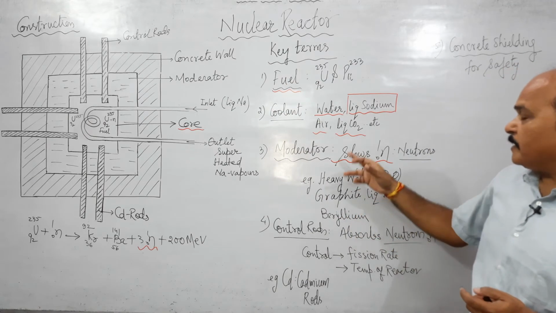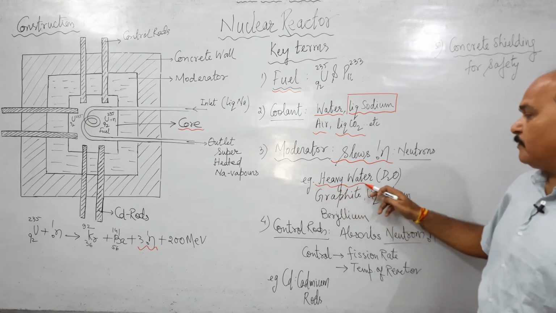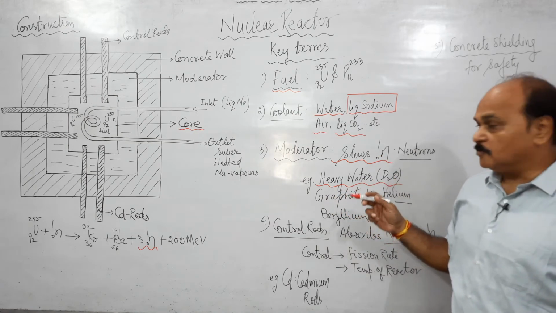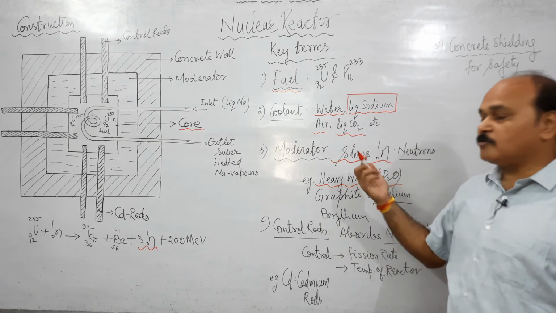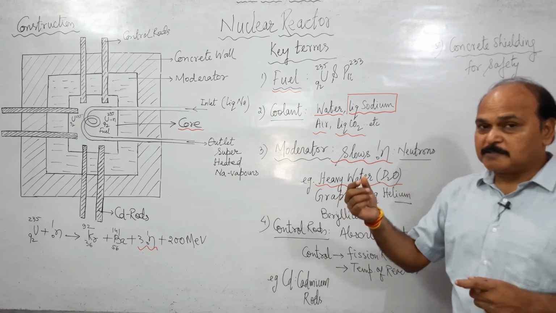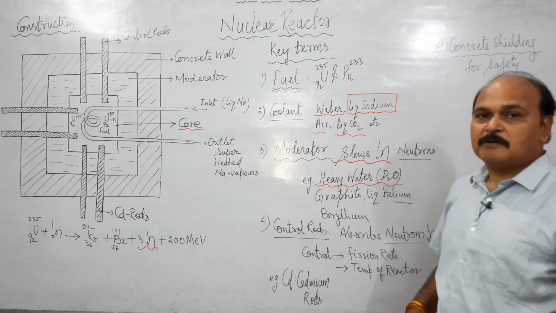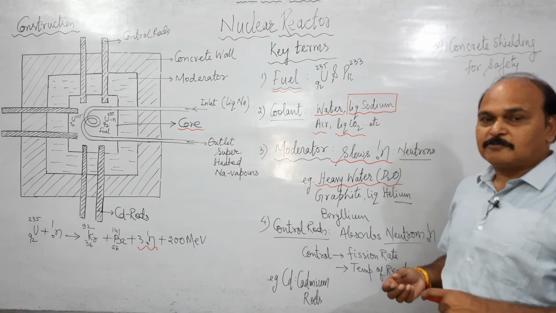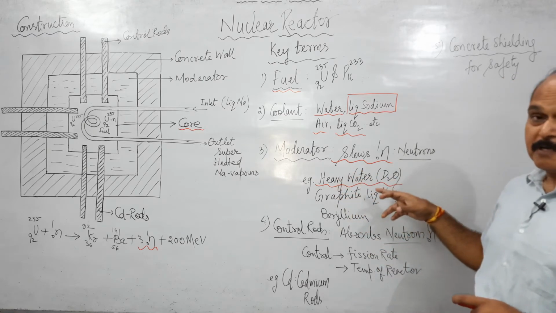Well, the best example of moderator is heavy water. So, deuteron in the heavy water, when it collides with a neutron, or neutron when it collides with deuteron, what happens? Neutron loses almost whole of its energy to deuteron, and it itself comes to rest. So that's how the speed of the neutron is slowed down by heavy water, D2O.